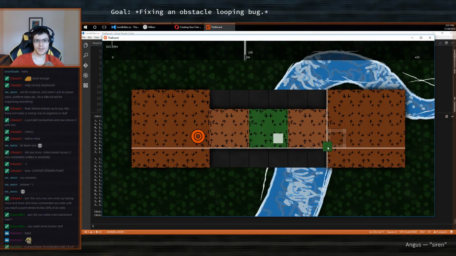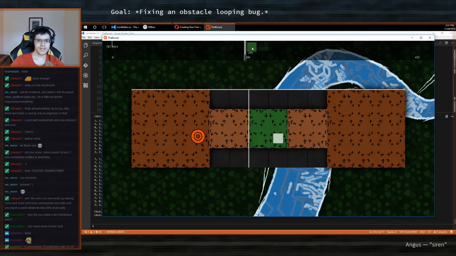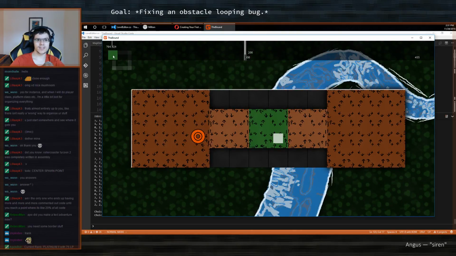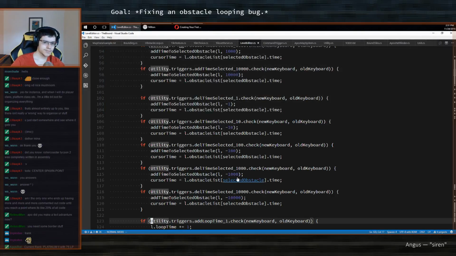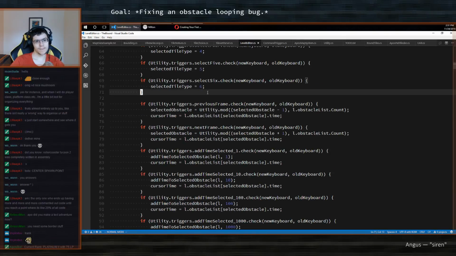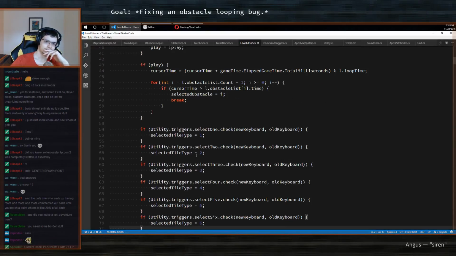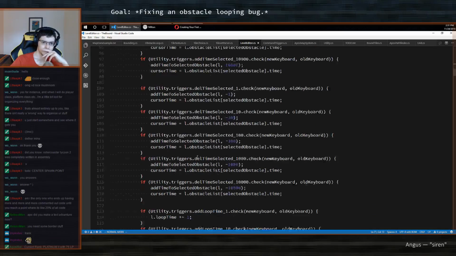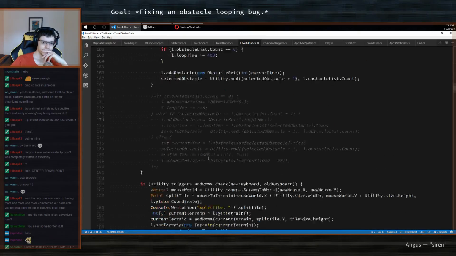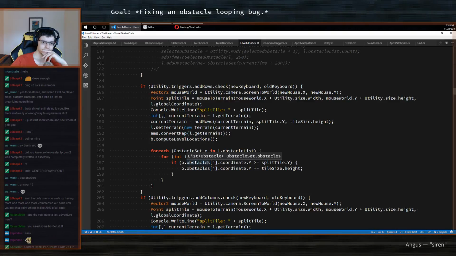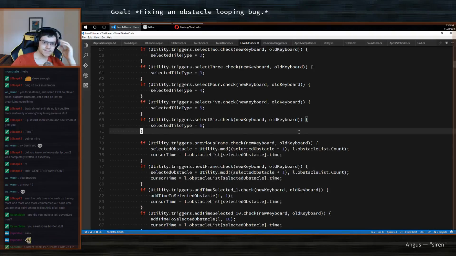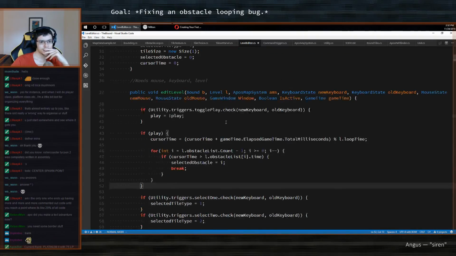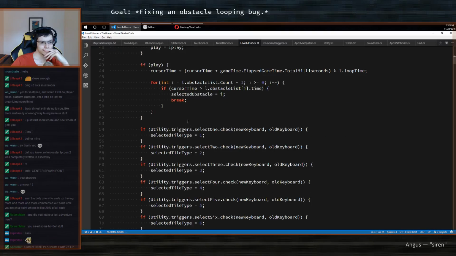That's the first part. Second part, I need to be able to drag on this timeline in order to move the cursor. In other words, let's just check how it looks like.